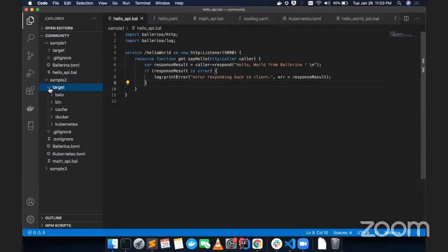For example, an order management system implementation, where there can be shared data structures and util functions that we can use. What would be the recommended way of creating a multi-service Ballerina project? Can we build it with a simple Ballerina project, or do we need to create a separate Ballerina project for each of the services?